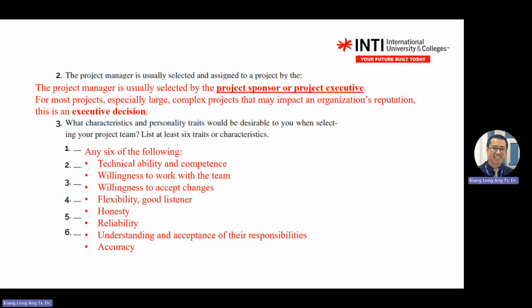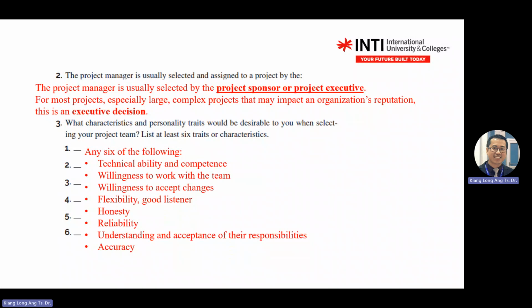Yeah, this one can be 1 point. This one is teamwork actually. This one, willing to work with the team, means teamwork. This, willing to accept changes, is flexibility. This one is more on the, is elaborated from these 2 flexibilities. Basically, it's all the moral, your moral keywords.